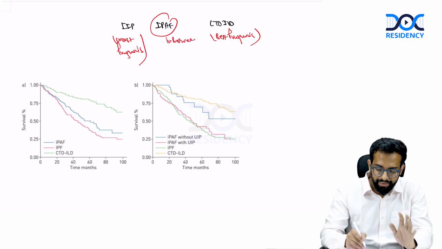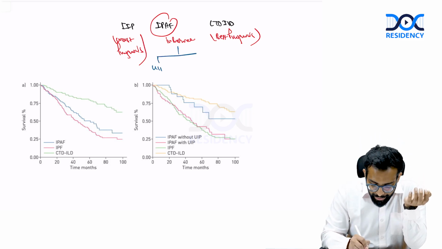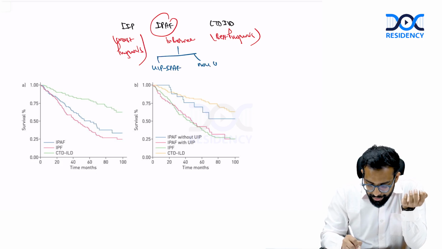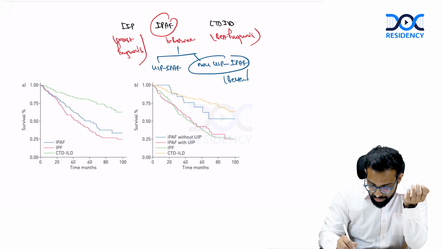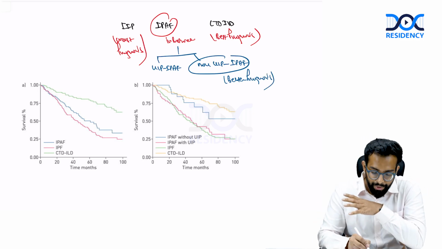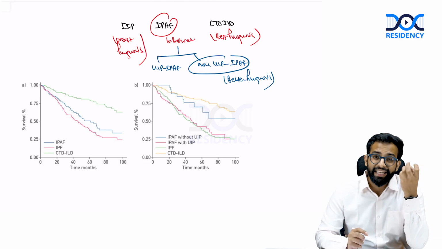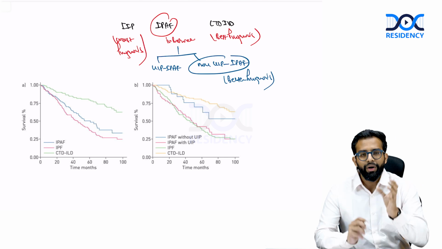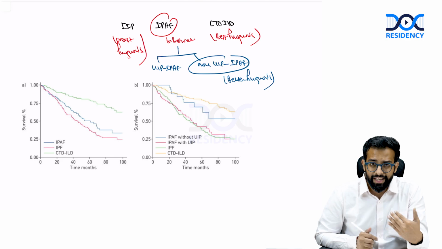If we break down IPAF depending upon the histopathology or the radiology pattern, then you can have UIP IPAF and you can have non-UIP IPAF. Again, non-UIP IPAF will have a better prognosis as compared to UIP IPAF, but UIP IPAF will have a better prognosis as compared to IPF, that is idiopathic pulmonary fibrosis. So if there is any autoimmunity, the possibility of the patient responding to immunosuppression is actually high, and